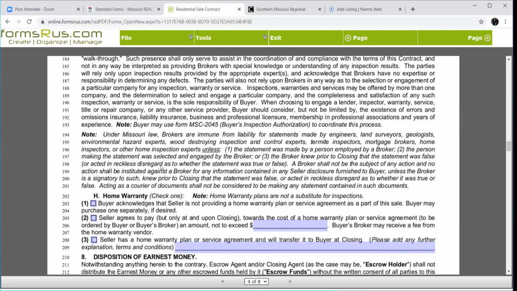Now, provided, we'll use ABC Roofing as an example. So buyer moves into the house, and the roof is constantly leaking. We are held harmless with that, provided, number one, we didn't employ that person. We didn't say that you've got to use ABC Roofing, because if we told the buyer that they've got to use ABC Roofing and then there's a problem, we are now liable. Two, if I tell them that there won't be any problems with ABC Roofing, and there is a problem, then I'm liable. If I engage ABC Roofing for them and tell them who they've got to use, I've got a problem. Three, if I know something about this particular instance.